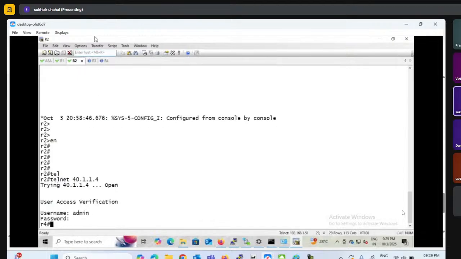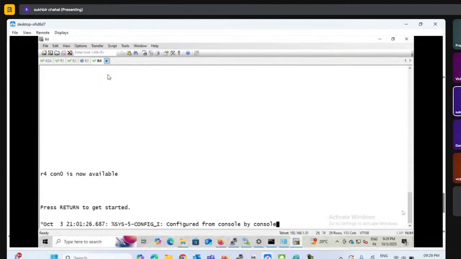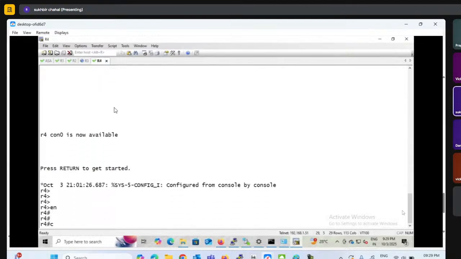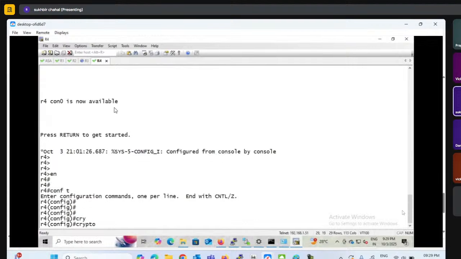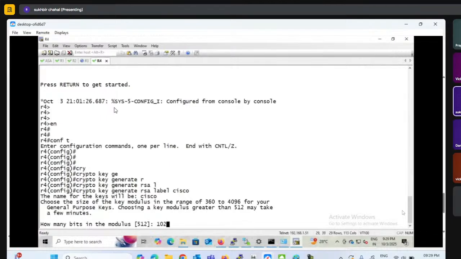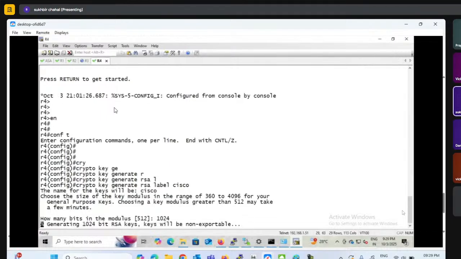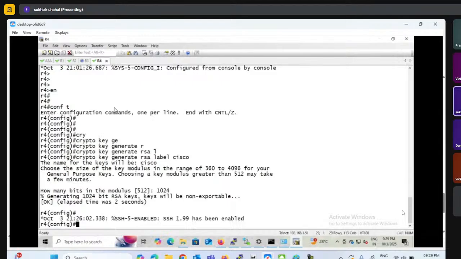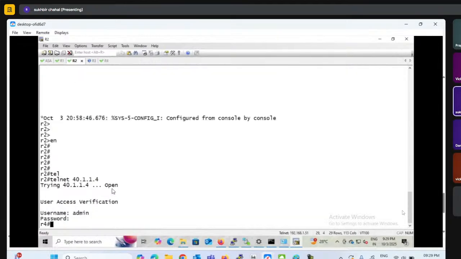SSH is not, so I need to enable SSH as well, right? The command is crypto key generate RSA label Cisco. Okay, username and password are already configured, and we did the configuration. So let me try from R2, exit,